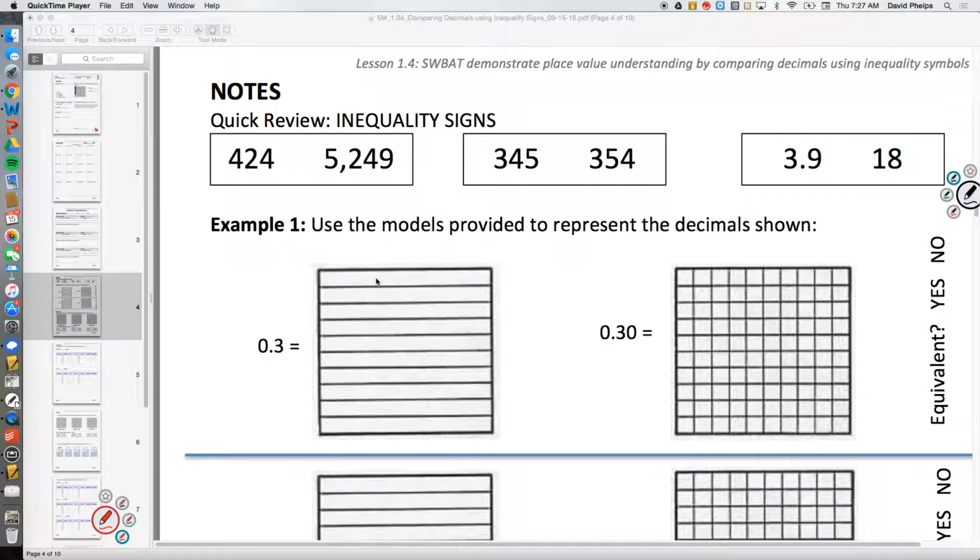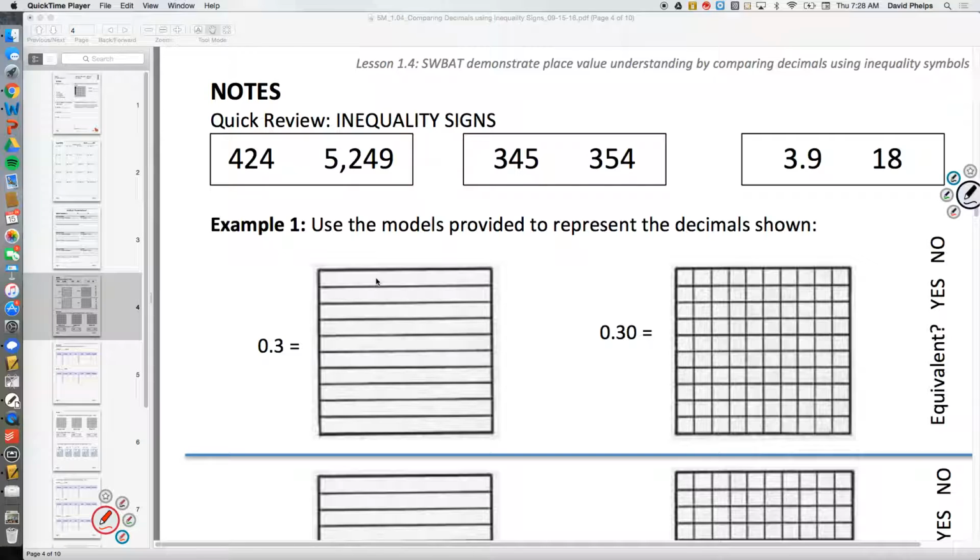Make sure on page 4 it says notes at the top. Quick review of inequality signs. Now some of you might remember the Pac-Man chant. I'm actually going to teach you another way to remember how to draw your inequality signs that might help even more. Let's look at our first two values, 424 versus